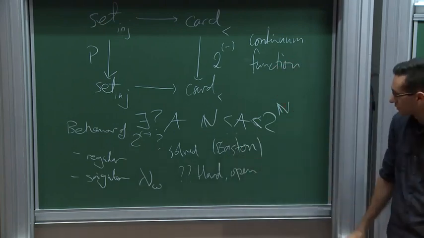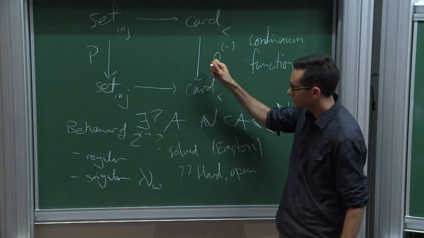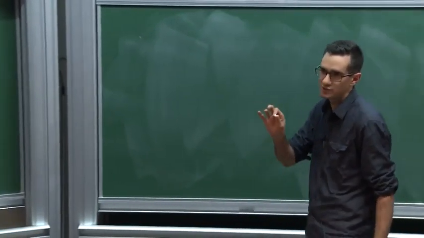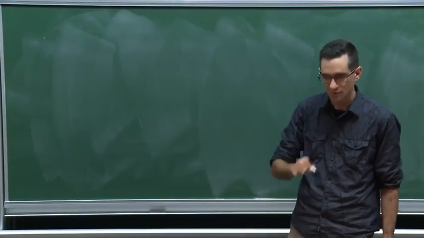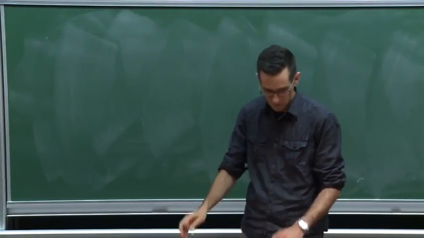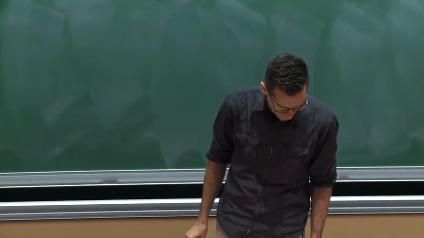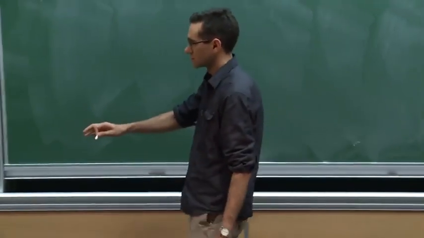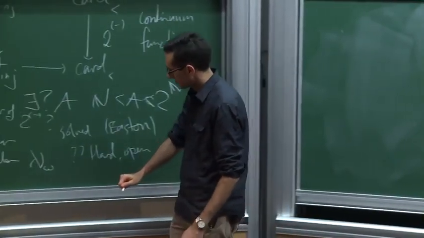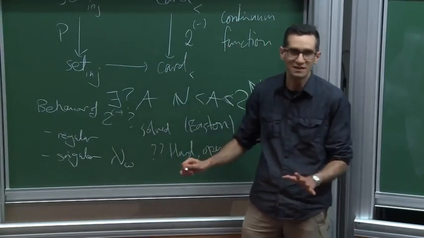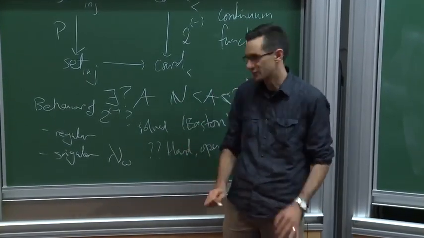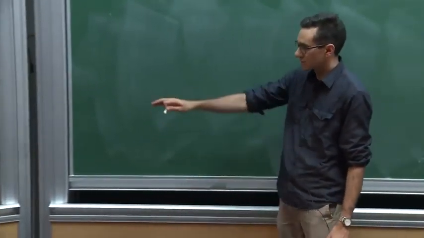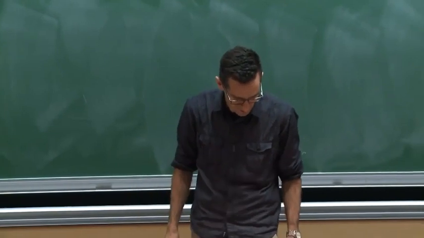What is solved? We know exactly what the behavior of the continuum function is on regular cardinals, in the sense that we can characterize precisely what behavior it can have, what it can't do, etc. And people like Shelah write literally hundreds of papers. I mean, Shelah himself writes hundreds of papers on this, but other people write hundreds of papers generally, trying to attack this problem for the singular cardinals hypothesis and so on.